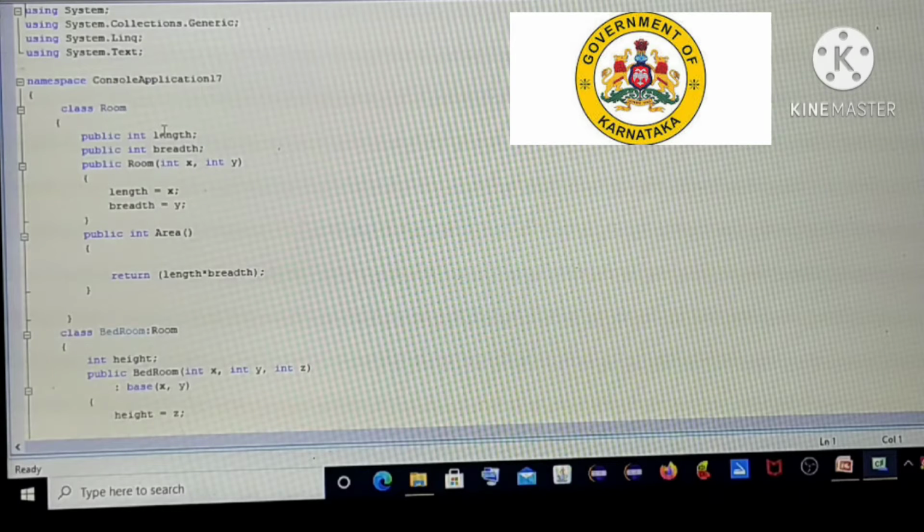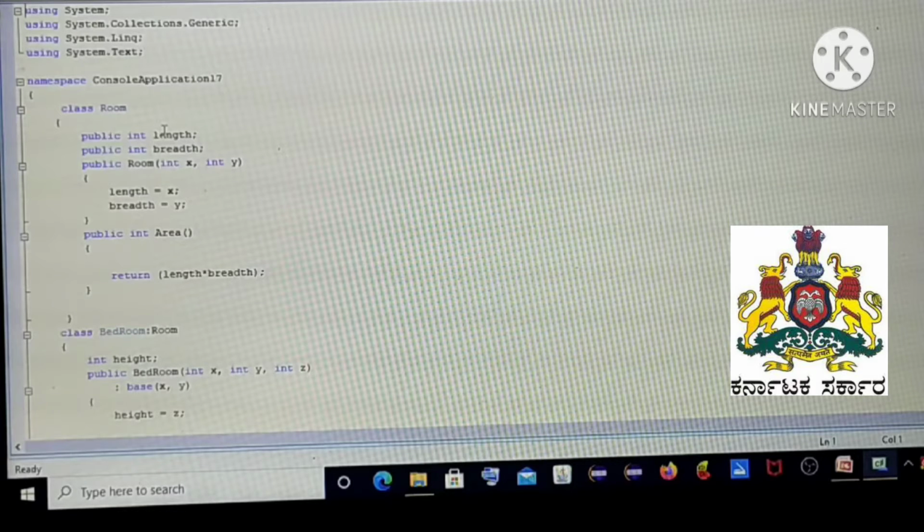The member function here, since the name of the method is the same as the class name, is called Room. This Room is actually a method whose name is the same as the class name, so it's called a constructor.